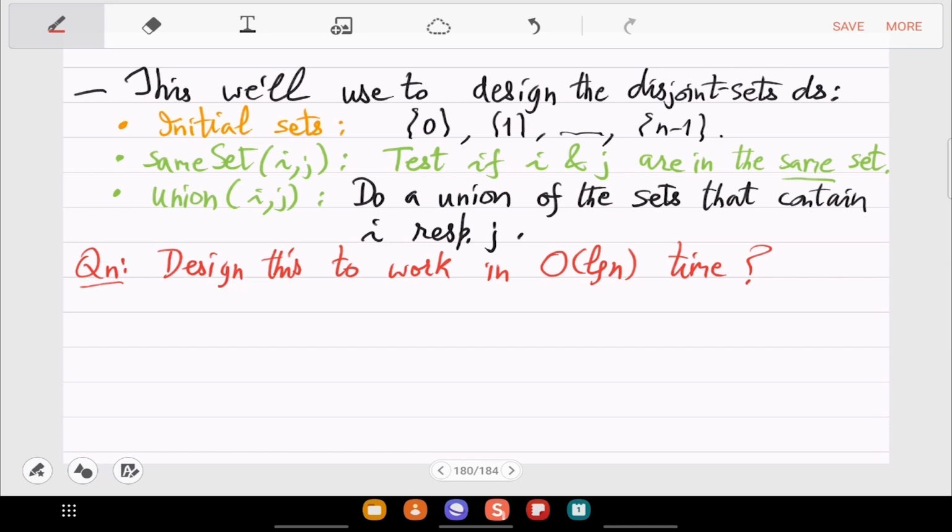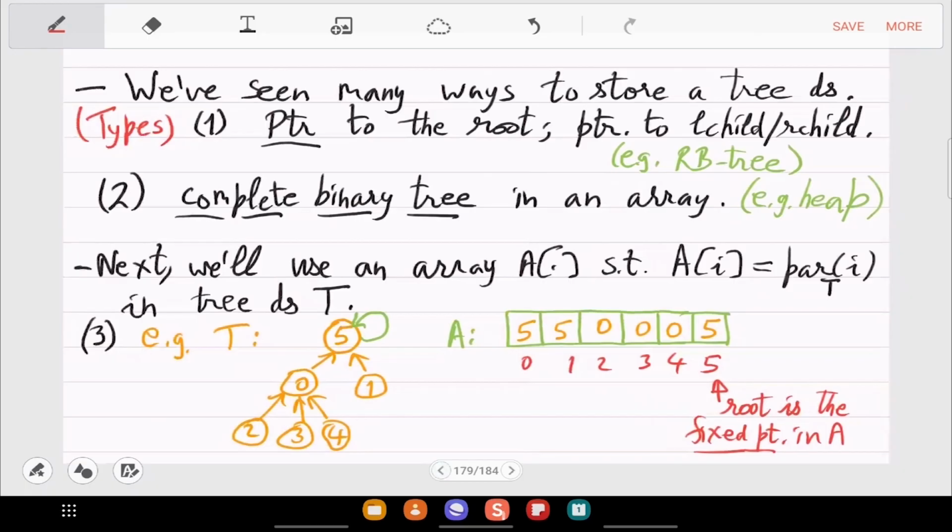So here we will use the type 3 version that we just introduced. All the disjoint sets in your data structure will look like this orange picture. Every set is like this. So this represents the set 0, 1, ... 5. And then there will be something like 6, 7, 8 and so on. Okay, so our sets will be stored like this.